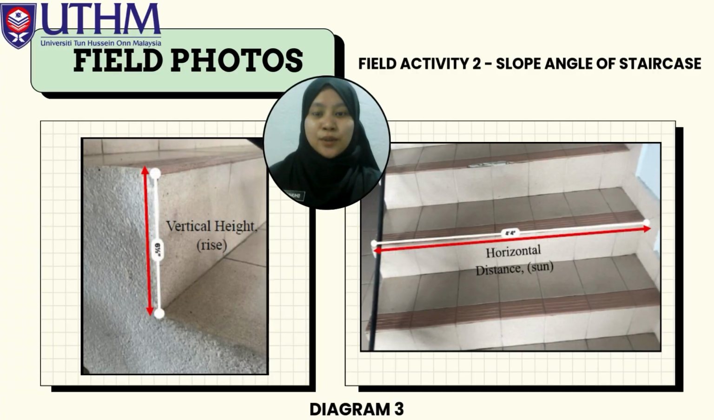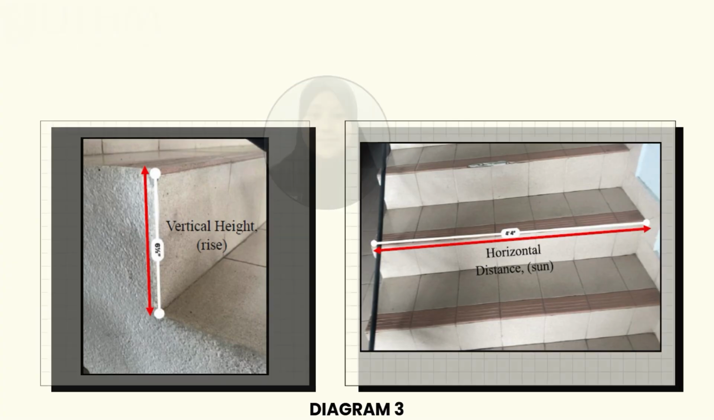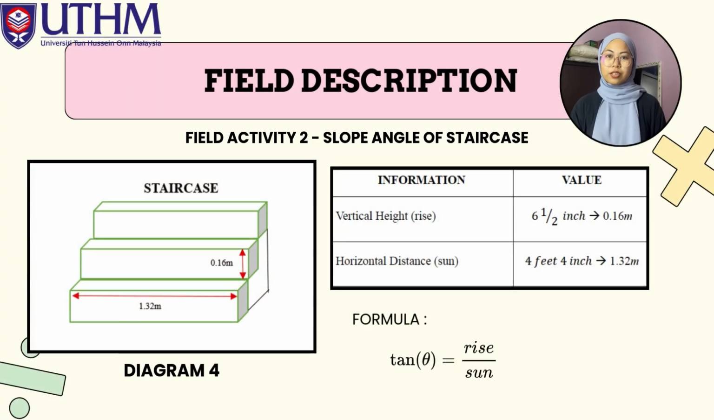So these are our field photos for field activity 2, slope angle of staircase. We have the vertical height, rise, and horizontal distance, run. For this slide, I will present the field description for field activity 2, which is focused on determining the slope angle of a staircase. From our measurement, we recorded two key values. First, the vertical height or the rise, which is 6.5 inch, and this converts to meter,